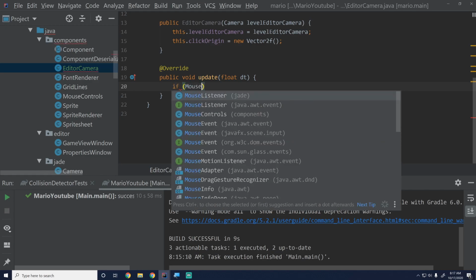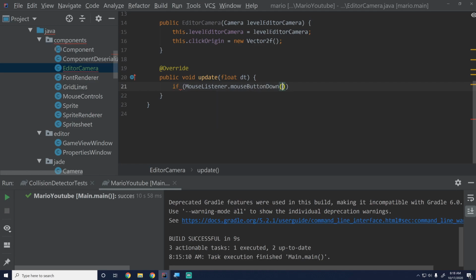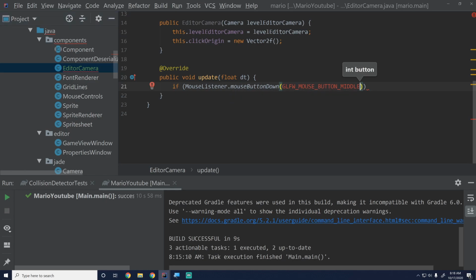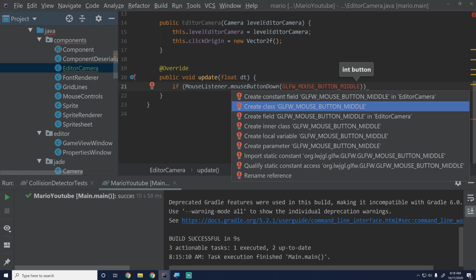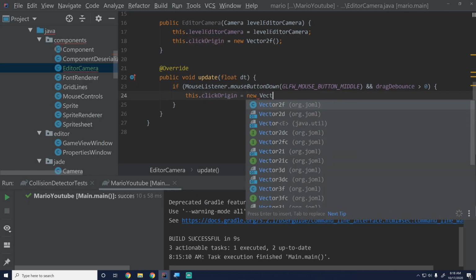Then we'll say if mouseListener.mouseButtonDown, and then GLFW_MOUSE_BUTTON_MIDDLE. You can change this, of course, to whatever you like. I just think that the middle mouse button is good. And then just make sure to import that. And we will say dragDebounce is greater than 0. Then we'll say this.clickOrigin equals new Vector2f,